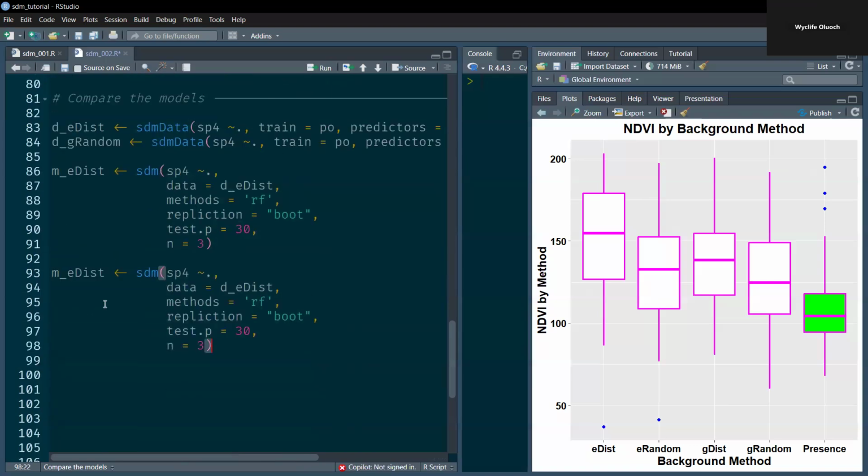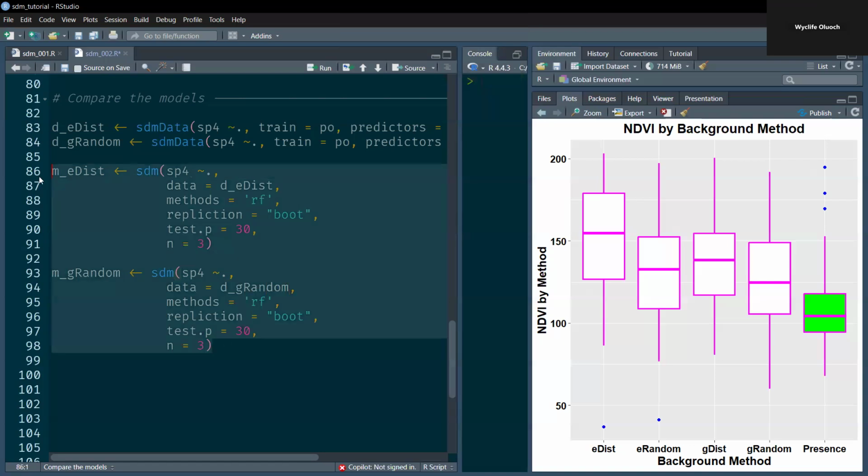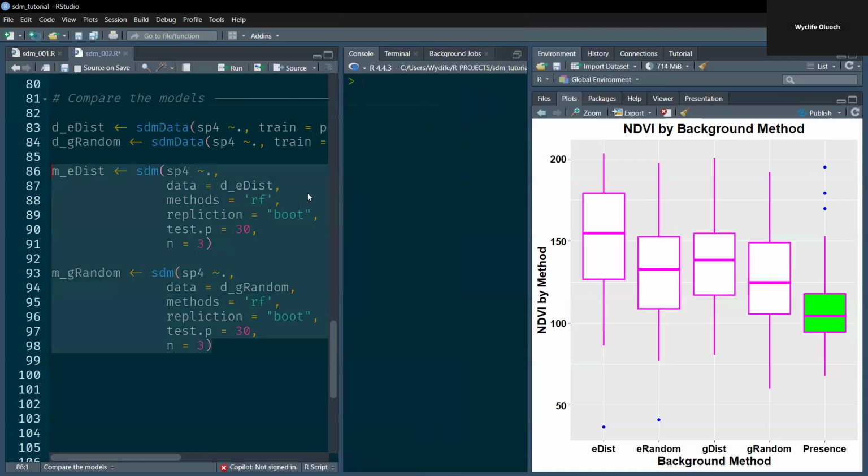Don't repeat yourself, but I didn't create a list to loop through, so allow me to just repeat myself for this. Model for grandom, what we change here is only here. The source of data is now from D grandom. So if I build these two models,